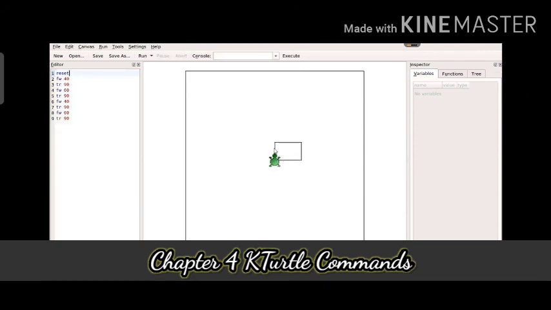So I hope these commands are clear to all. Today we have learned the forward command, backward command, turn right command, turn left command, and up till the practice time exercise. Hope you have understood all and will try it at your home. Try to do this practical at your home.